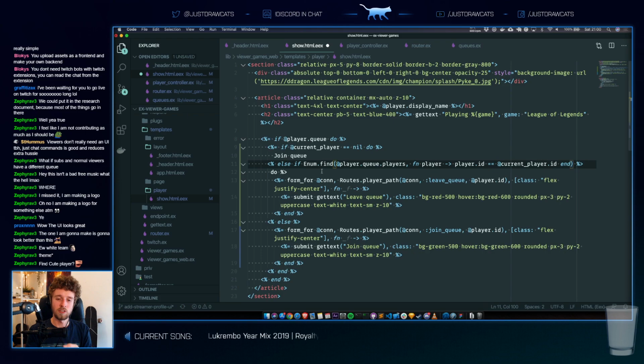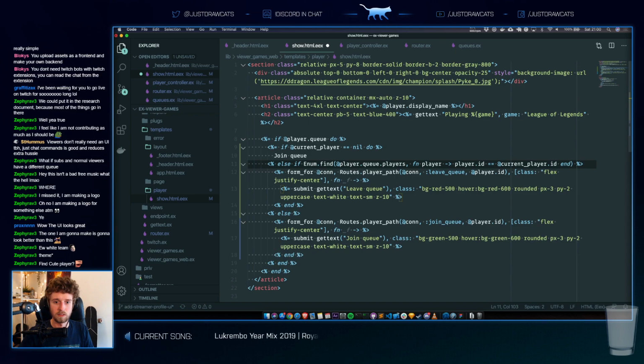If the current user is nil, that means you're not logged in. If that is not the case, but you are in fact in the queue already, then you can show leave queue, otherwise join queue.